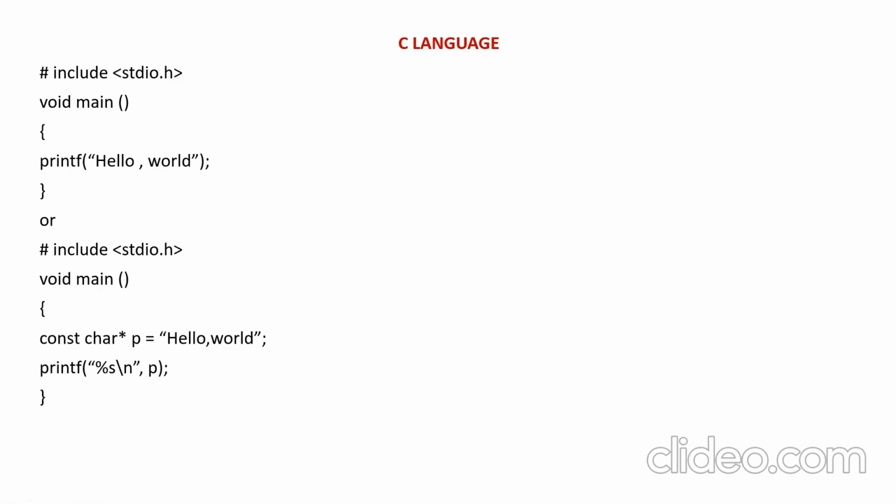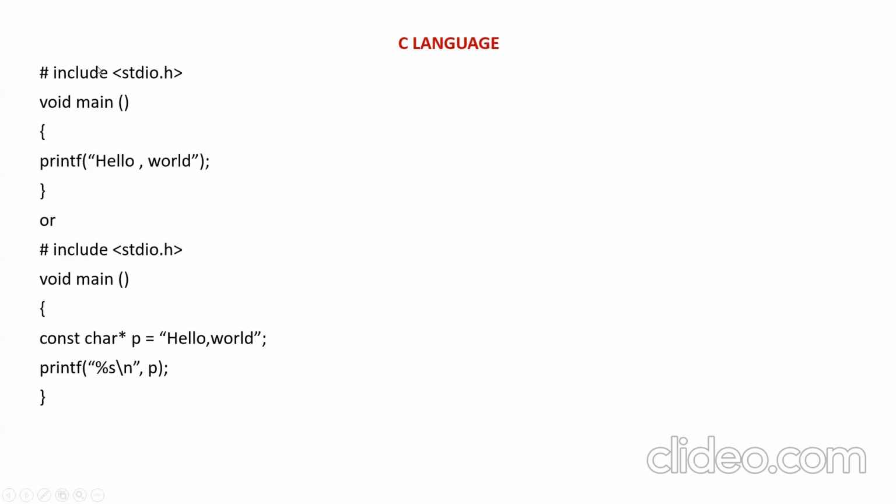The stdio header file is nothing but a group of functions and variables associated with a particular set of operations. printf is going to display a string in the console. Console window means your computer monitor or any other output window where you want the output to be displayed. So this is the printf method over here, printf hello world.